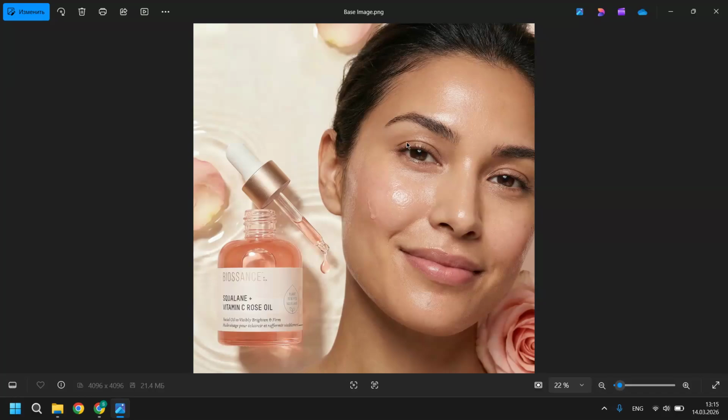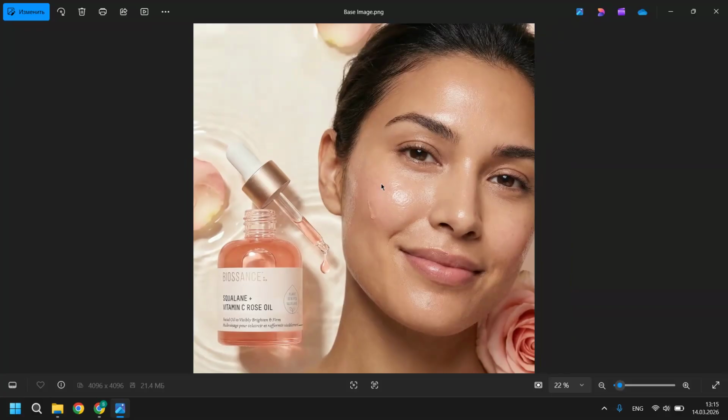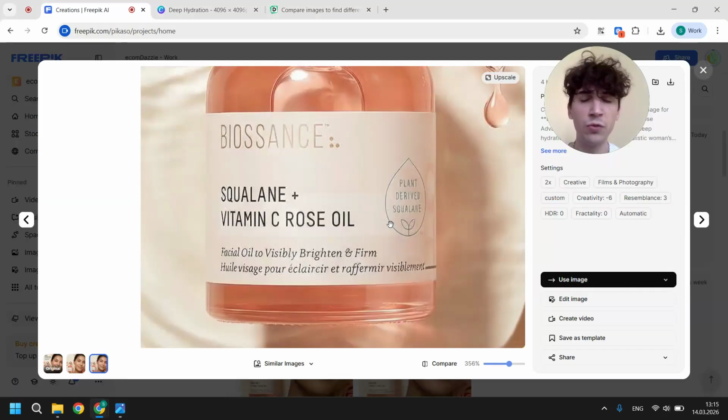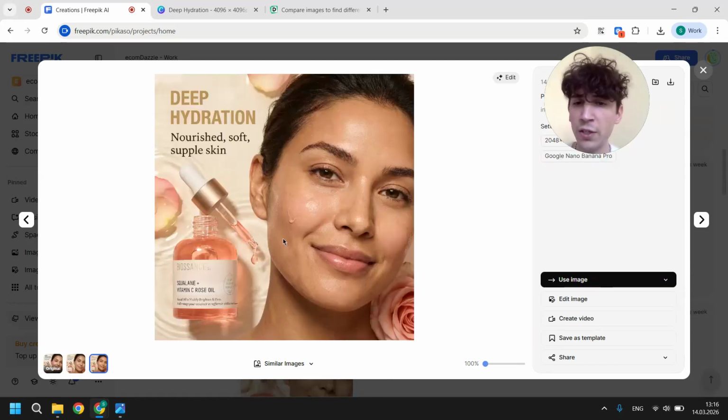Because I like the overall quality of the image. I like the skin that the lady has because it was important for me to show a well-hydrated skin to reflect the message this image needs to deliver. And I might try to use some prompt to fix this text. But usually when you use a prompt to edit the image you've generated, you will run into one of two issues. The first issue, when you try to edit